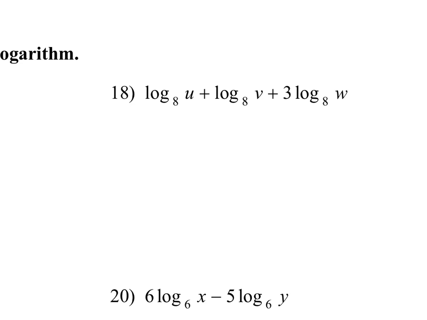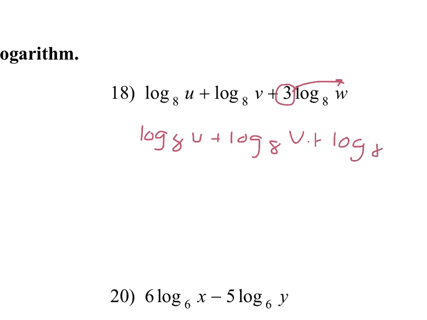So here we need to move our exponents to the top. The only one that's going to have an exponent is this last one. So we have log base 8 of u plus log base 8 of v plus log base 8 of w raised to the 3rd power. And now since we're adding all the terms, that means we multiply them. So we're going to have one single log